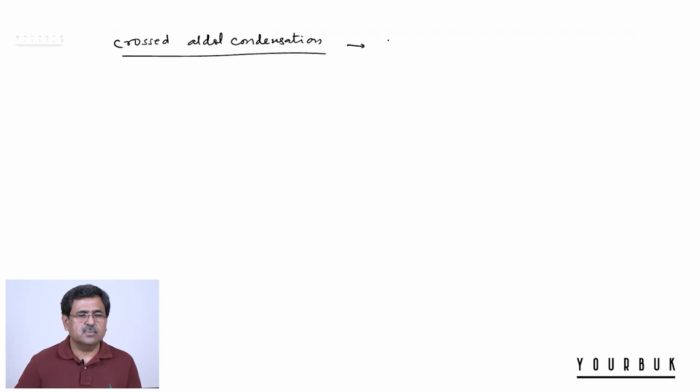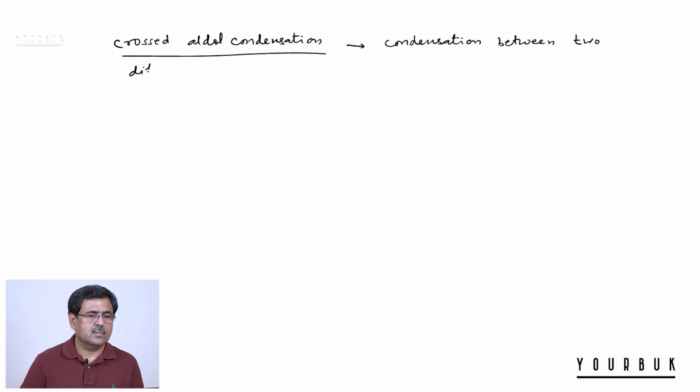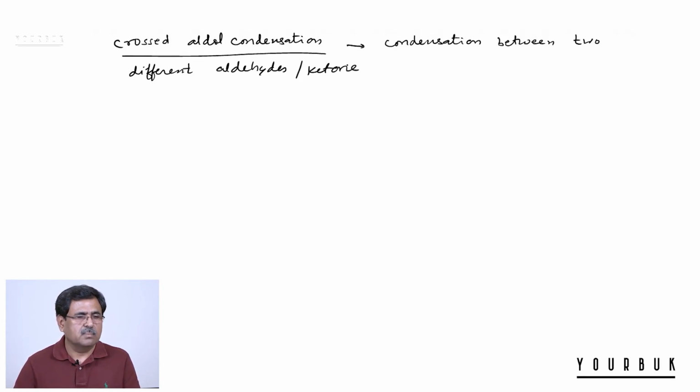So it's a condensation between two different aldehydes or ketones, or you can have an aldehyde and ketone. But crossed aldol condensation is important when one of the aldehydes or ketones has no alpha hydrogen present. For example, this